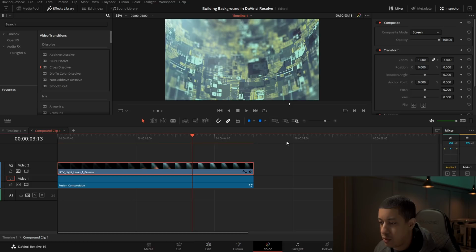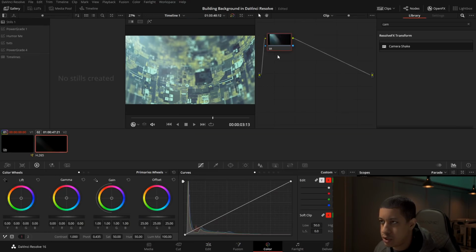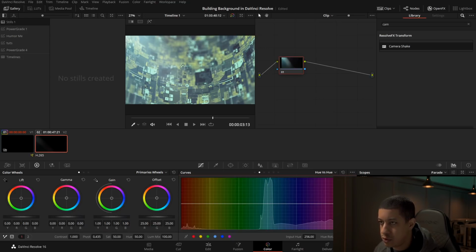And we can go over onto the color page and maybe tint these ever so slightly. Let's go into hue versus hue. And we're gonna pick all of this and go over into green a bit more. Like that. Then we have this orange color down here. I think that's fine.